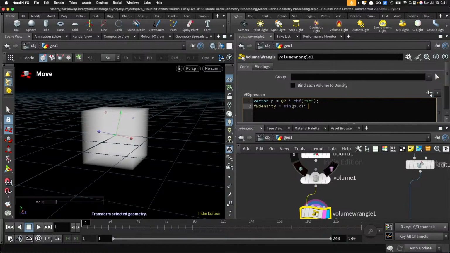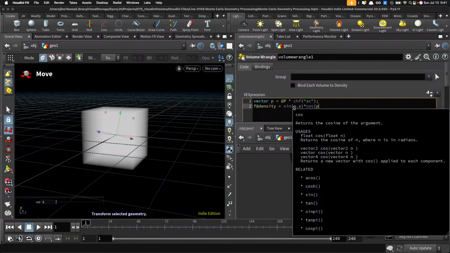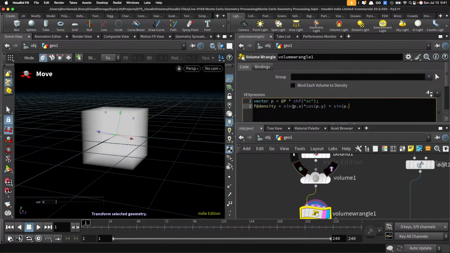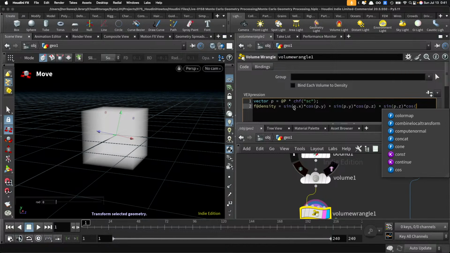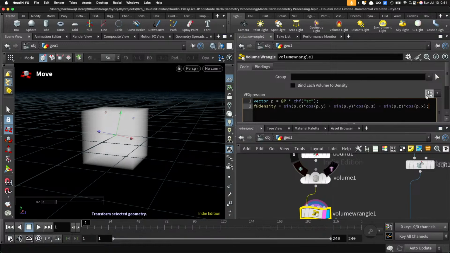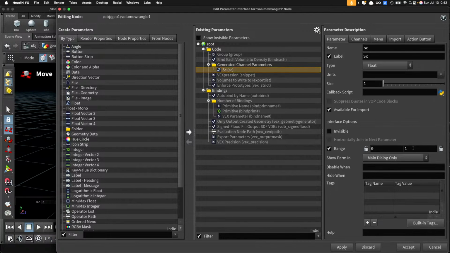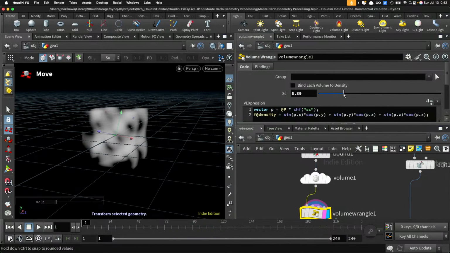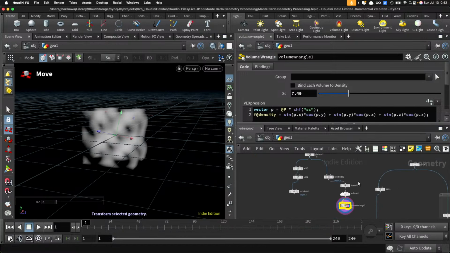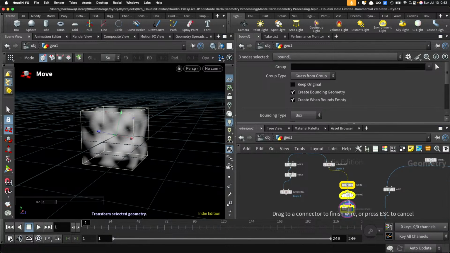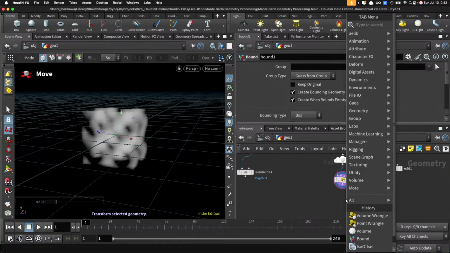So sine, cosine, sine, cosine p dot z, sine p dot x, cosine p dot y. Okay. Now changing the scale value to where I can see the patterns. Okay, somewhere around here. And since we want to deform the mesh, I'm going to convert it into a mesh,